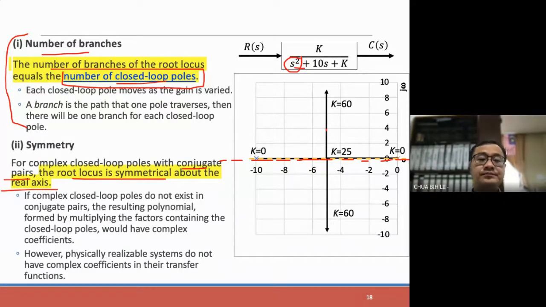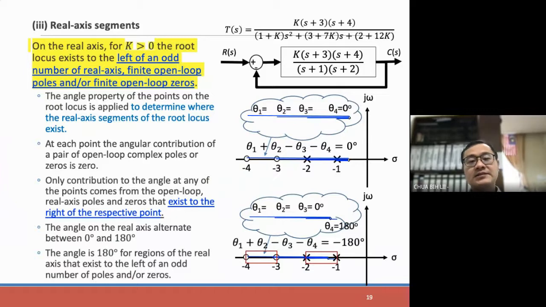The third characteristic when we plot it out would be the odd number of real axis